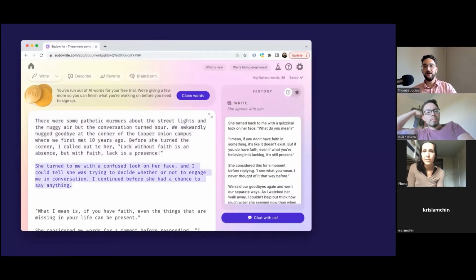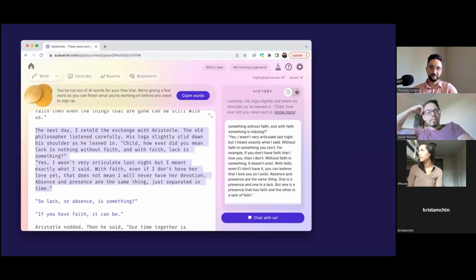Yeah, it does. You can have it prompted to say what happens next. And then it gives you options: she can disagree with it, she can ignore you, and in this case, she agrees with him. So this is the one I chose. So she agrees with the prompt I gave for lack, and then this is the reply I gave. Then here's another example. I drew it out as if I was speaking. I was the character, then the next day at a cafe with Aristotle, speaking with him. So that was a fun little play.